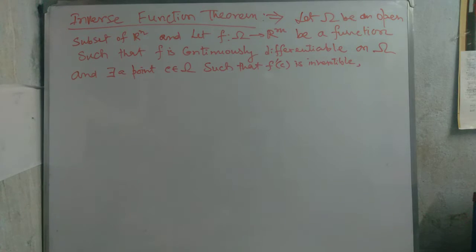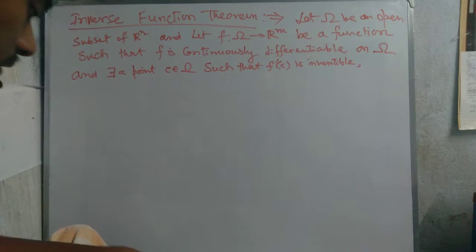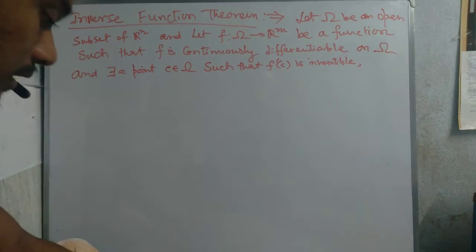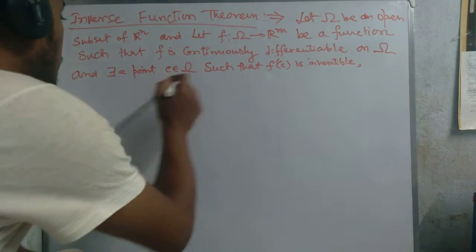Let Omega be a subset of R^n and let f: Omega to R^m be a function such that f is continuously differentiable on Omega, and there exists a point c belonging to Omega such that f'(c) is invertible. Then we write here: